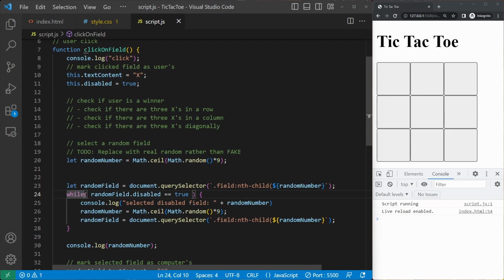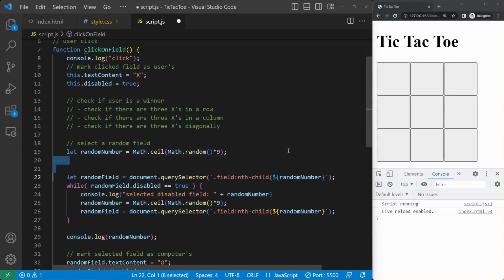So I got my computer back. I have restarted and everything still works. And this while loop, pun intended, was the culprit. It continues to look for a non-disabled field when every field is taken, and then the computer just loops indefinitely. But I think that could be avoided if I just find a winner before. So I think that this is actually no longer a fake one. So I'm going to replace that comment and just clean it up.